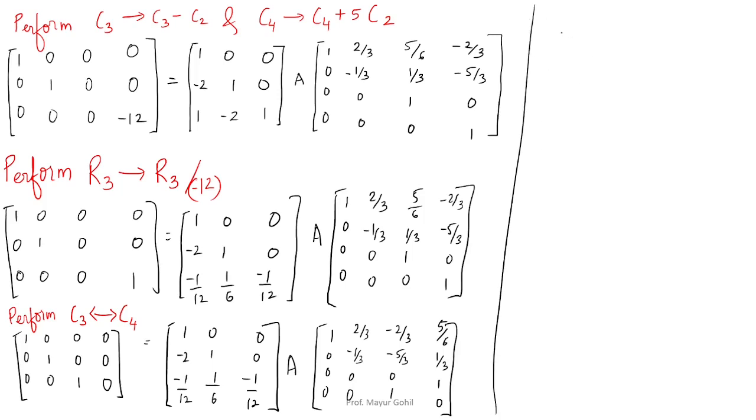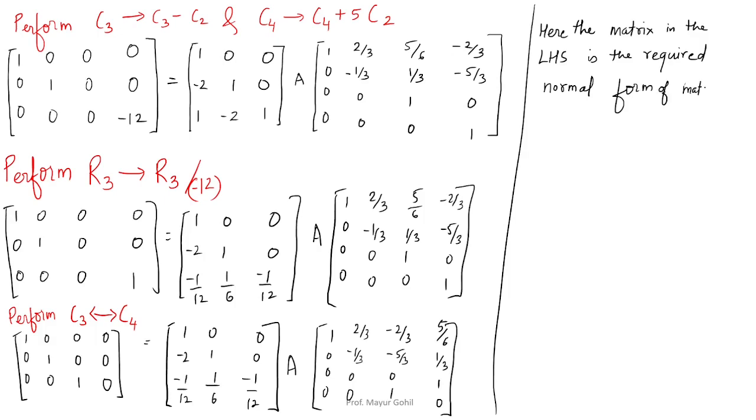Then you write here: the matrix in the LHS is the required normal form of matrix A, and the RHS is the PAQ form, where